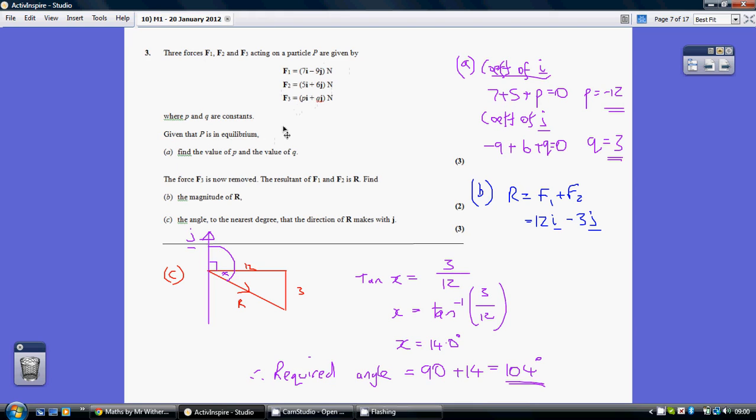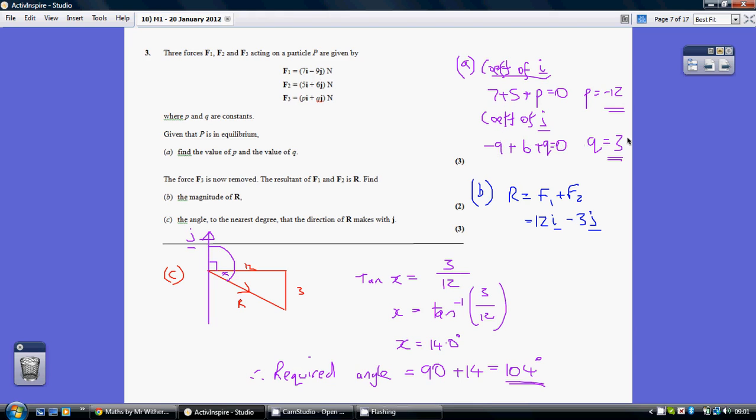So how do we make the i's cancel out? Well, we've got 7 plus 5 is 12, so P therefore needs to be minus 12. I've done that over here. And secondly, for Q, well, Q is a number of j's, so again the j's all need to cancel out, so we've got a minus 9 plus a 6 plus Q having to equal 0, because as I said they're all in equilibrium. Minus 9 add 6 is minus 3, so Q needs to be plus 3 in order to